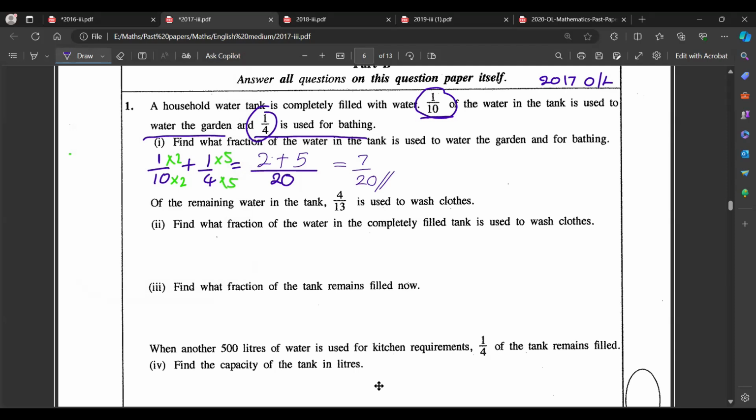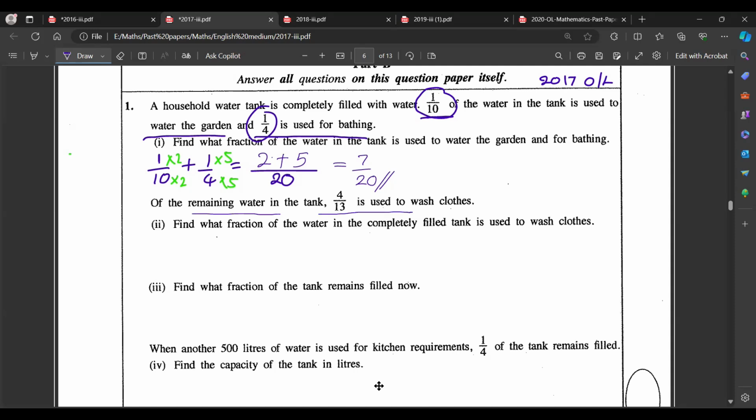Now what is the remaining? If they are having 20 parts, you have to think when you are doing this one, think the remaining, always think the remaining, okay? If they are having 20 parts, you are using the 7 part. If you use the 7 part out of 20, there should be altogether 20, no? 7 parts used. So remaining should be what? 20, 7 used. There should be 13 parts. 13 parts are remaining. Clear? 13 parts are remaining. Of the remaining water,